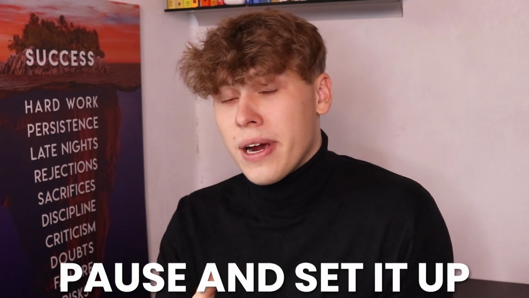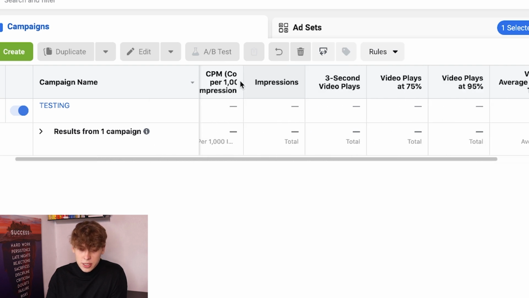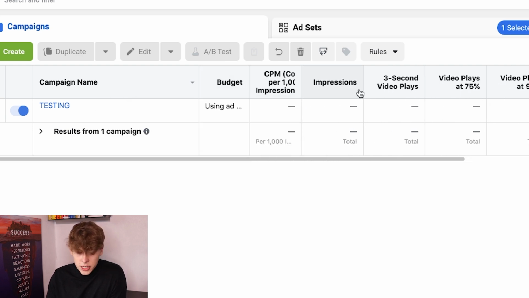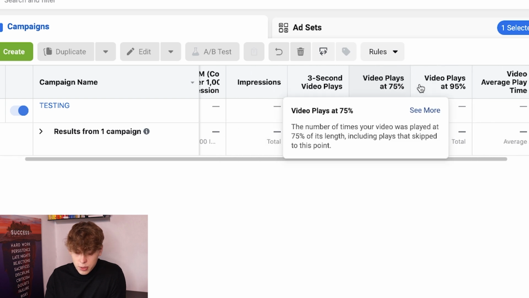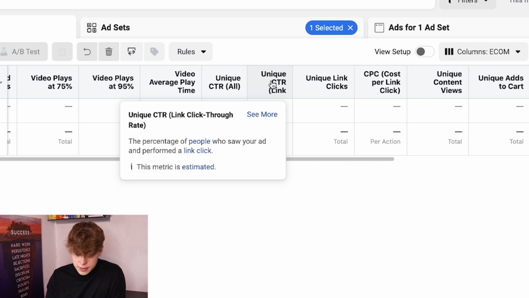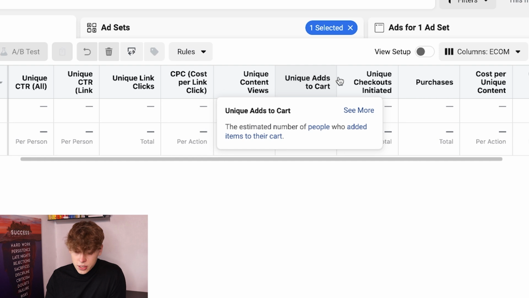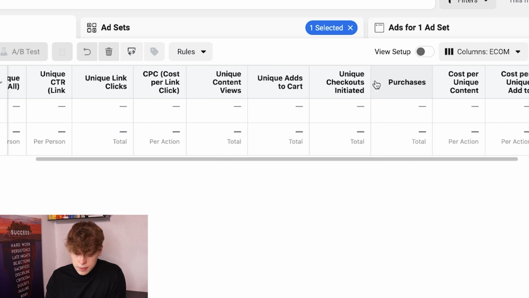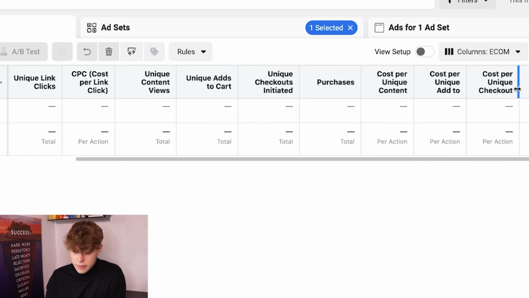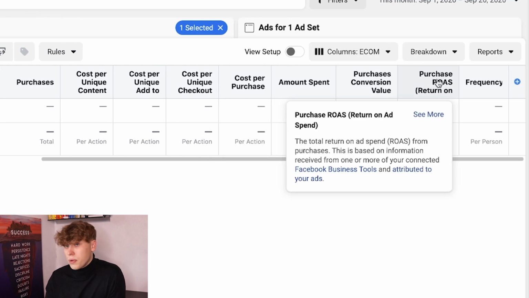And this is how I usually set up my columns. If you want to do this exact same column setup, go ahead, stop the video right now and set it up. But this is all the different criteria and metrics that I look at. We got budget, CPM, impressions, 3-second video plays, 75%, 95%, average play time, unique CTR link click-through rate, unique link clicks, CPC, cost per link click, unique content views, unique add to carts, unique checkouts initiated, and purchases, then cost per each individual step, the amount spent, the purchase conversion value, the purchase ROAS, so the return on ad spend,